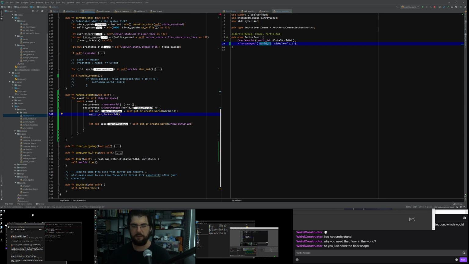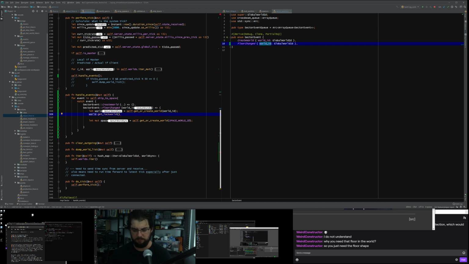I'm breaking down some of these barriers more and more. I would like it to be nice and encapsulated, but the world is a bit messy, unfortunately. Anyway, once we've got the lock world, we want to use that fetch command again, the one that got the floor. We want to specify that we want a floor, and then with the floor we can now get that collider that we're interested in, because we're going to push it into the ship world.